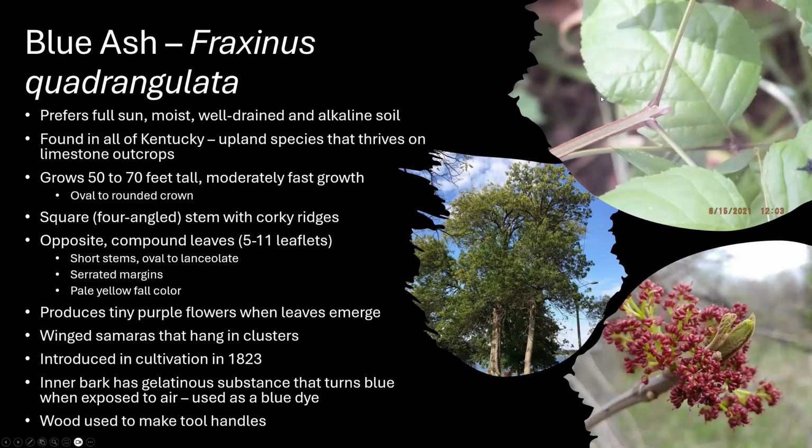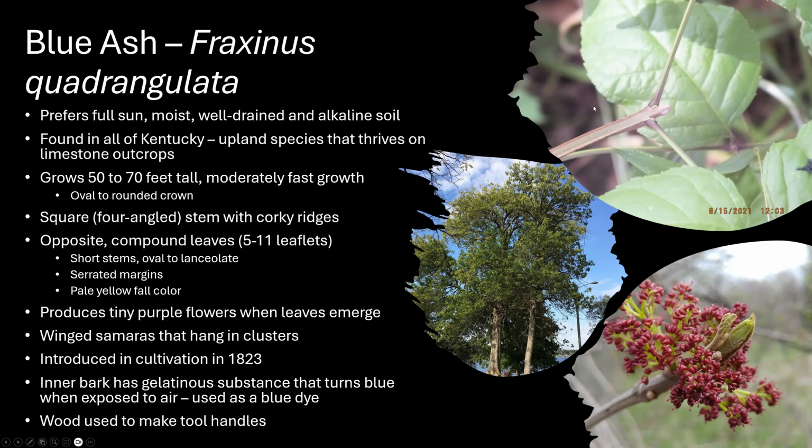And something else you'll notice with ash trees, they do have some nice fall color. Generally, they may have a yellow fall color. So with the blue ash, those leaflets are going to change to yellow. So that's very colorful and also another good indicator. Because I think sometimes people have trouble mistaking ash trees for other trees with compound leaves. Like, a lot of our nut trees have compound leaves, so they may mistake it for that. But with other characteristics to help you distinguish it, for the blue ash specifically, these do have tiny